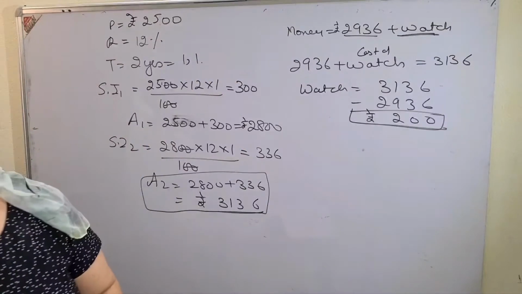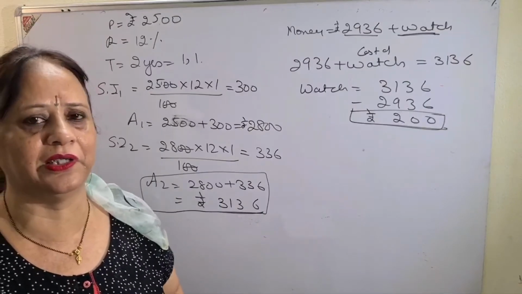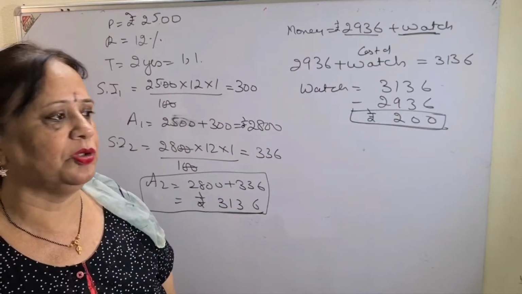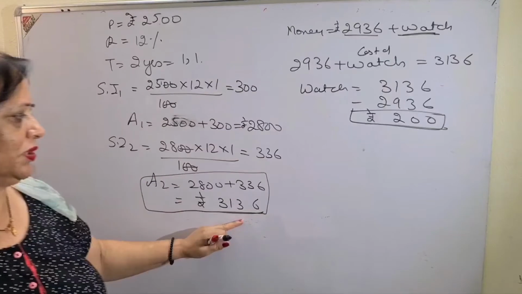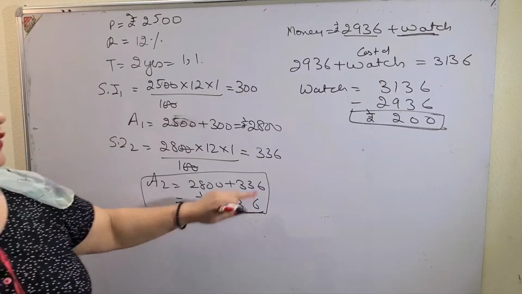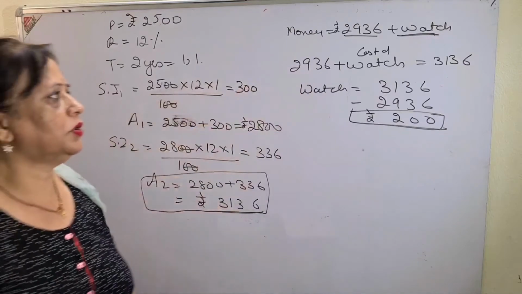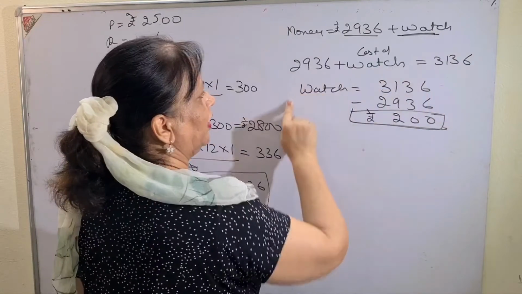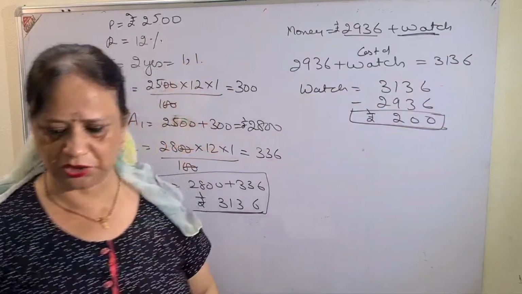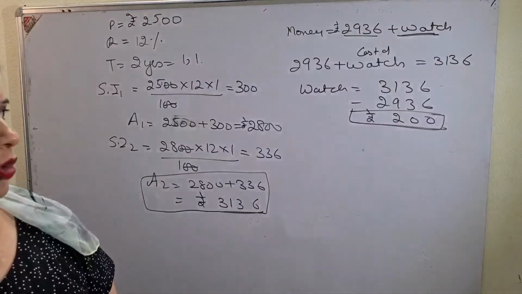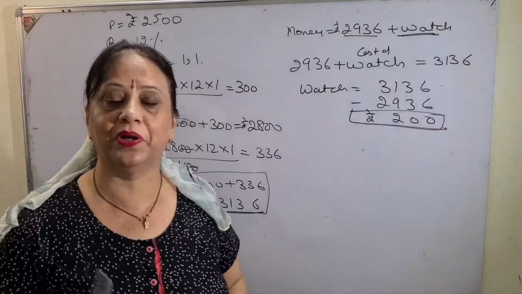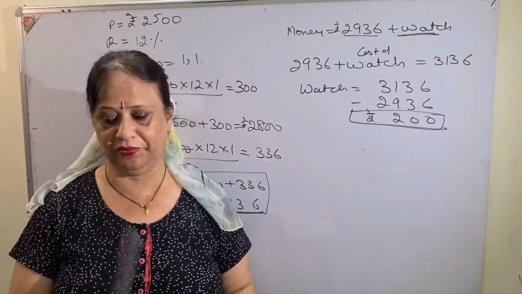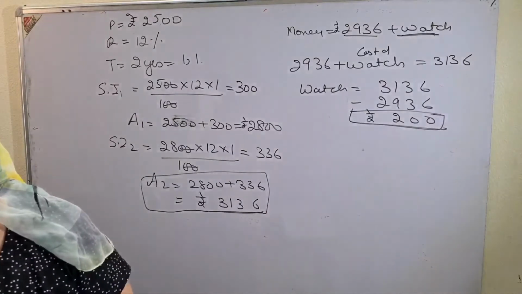Again, I am making you understand the question. He says that after 2 years he has to return the money, but he only has 2936. So he decides to give a watch. You have to calculate by the formula what money was due. After you find the money, you have to calculate the watch. For him, 2936 plus watch is the amount. From the question it came out to be 3136. When you equate both of them, you get the cost of the watch, and this is what we had to find. I hope you have understood. This question is important because it came in the first term last year as well as in the pre-boards. So be careful, children. Then come to question number 9.